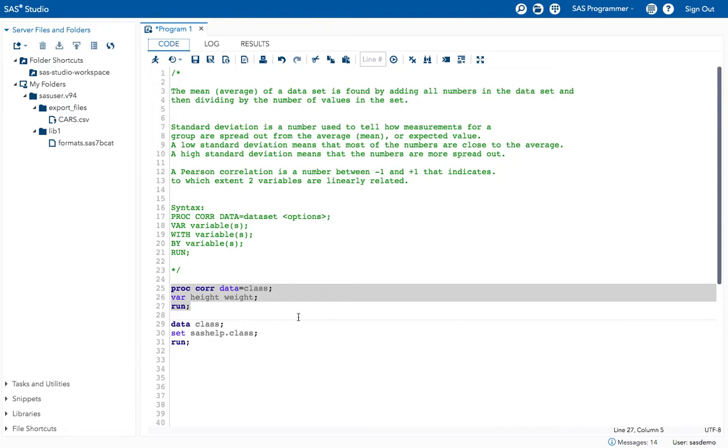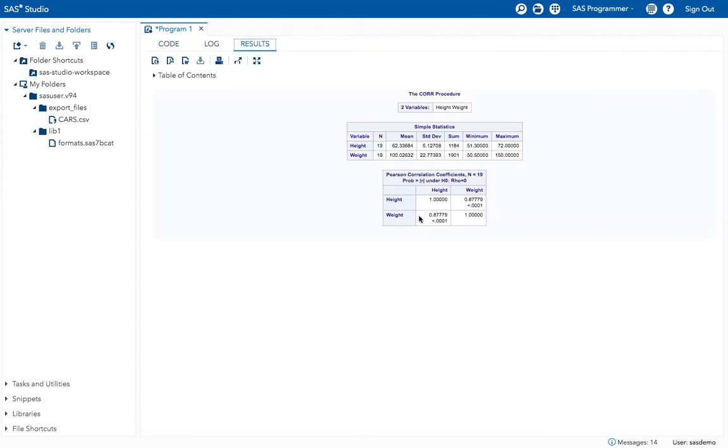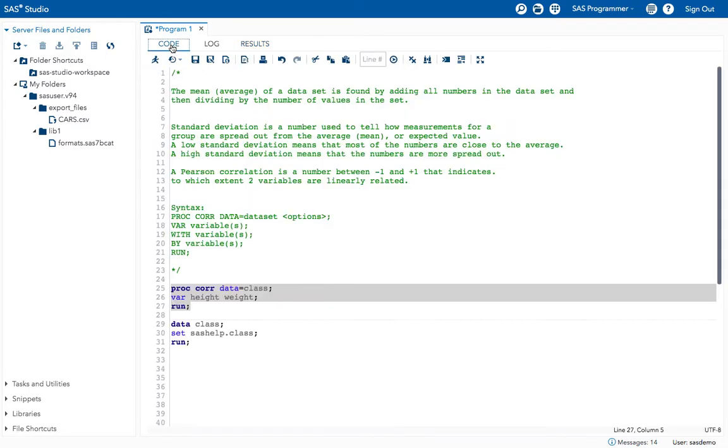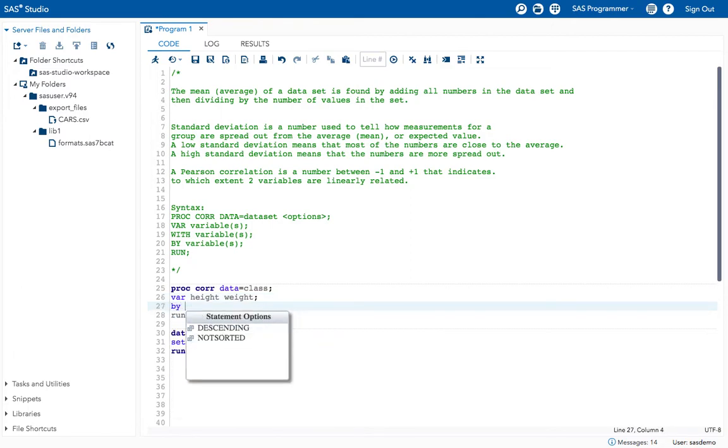Okay, like this you can get correlation for as many variables as you want. And see, for example, here I got correlation for height and weight variables for all the observations that are present in my data set. Right now I want to get separate results for both male and female. So how can I do that? I want to get the results based on the sex, right? So give by sex. Okay, whenever we give the by statement, what happens? By is optional, it tells SAS by which variable the correlation should be done, right?